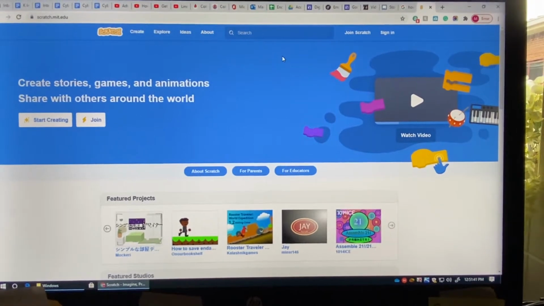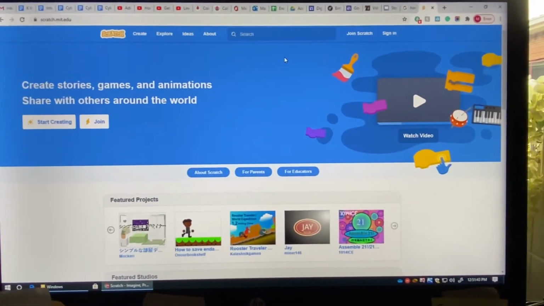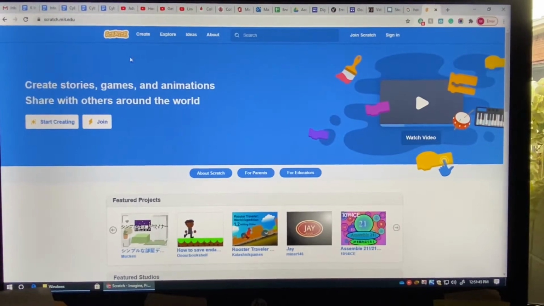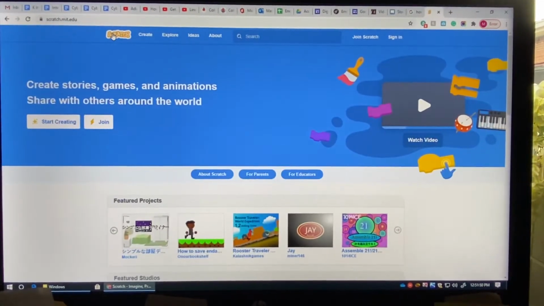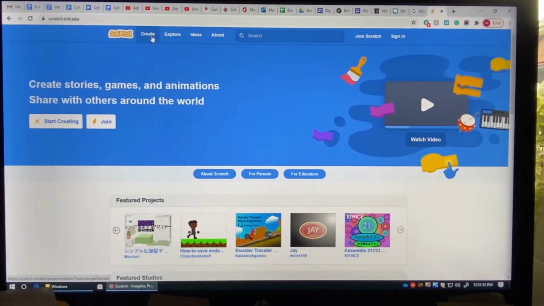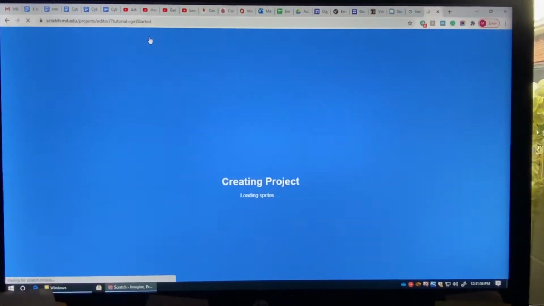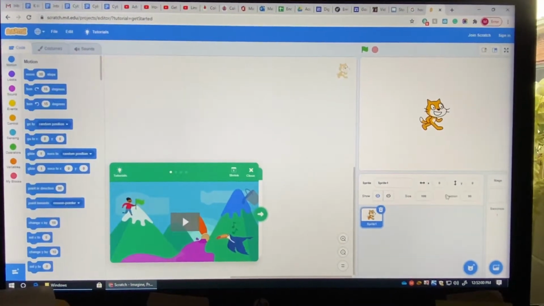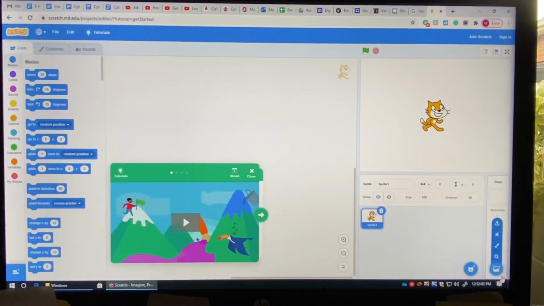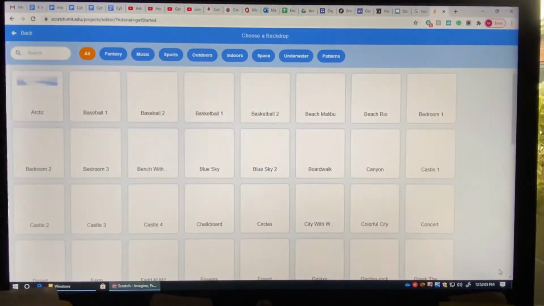Okay, here I am on Scratch, and I'm going to go through a really brief tutorial. So you'll start by clicking the Create button. It always takes just a second to load. From here you want to start with a background, so you'll click right down here, and you can